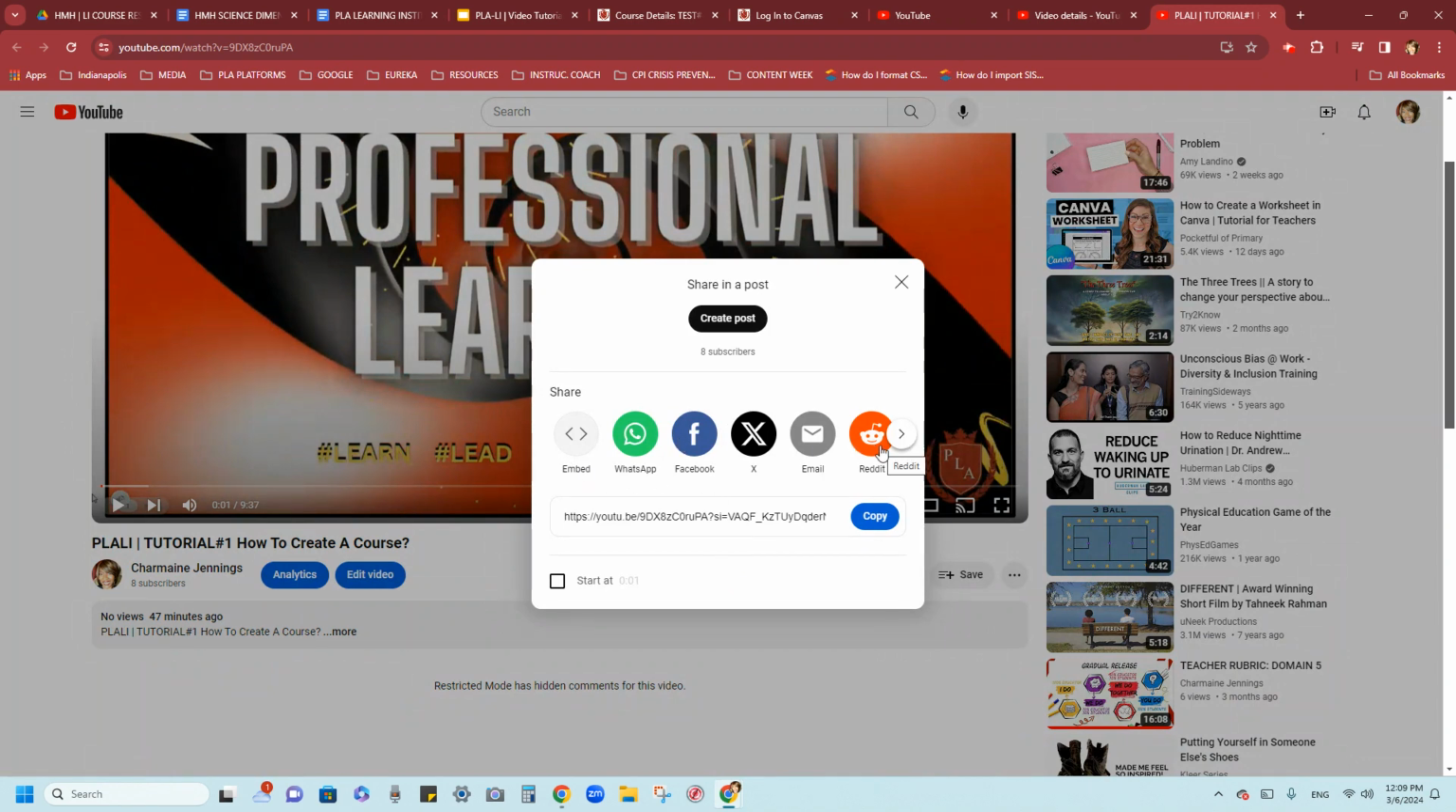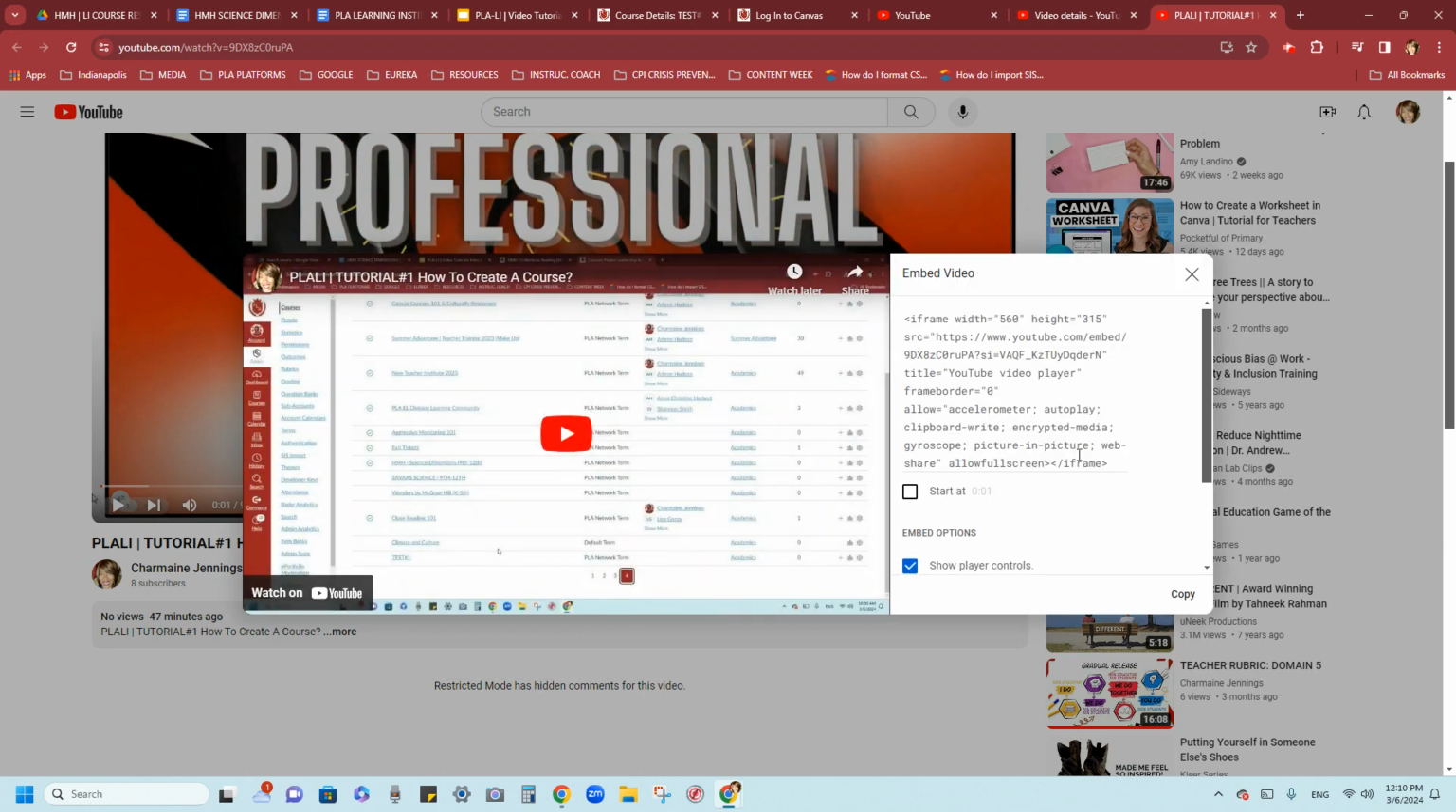you get a list of options. We can post it to social media, which is not what we're trying to do. We're trying to embed it. This is the URL. Okay, we don't need a URL, we need the embed code. This is the code we need. This is going to allow us to put the video on the page that we want it to be in